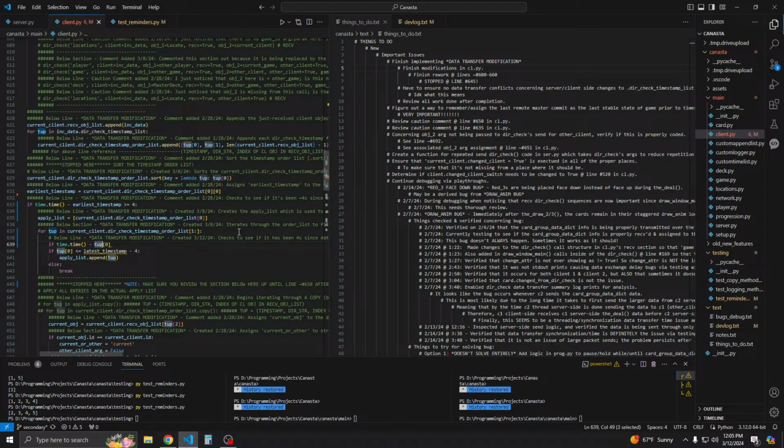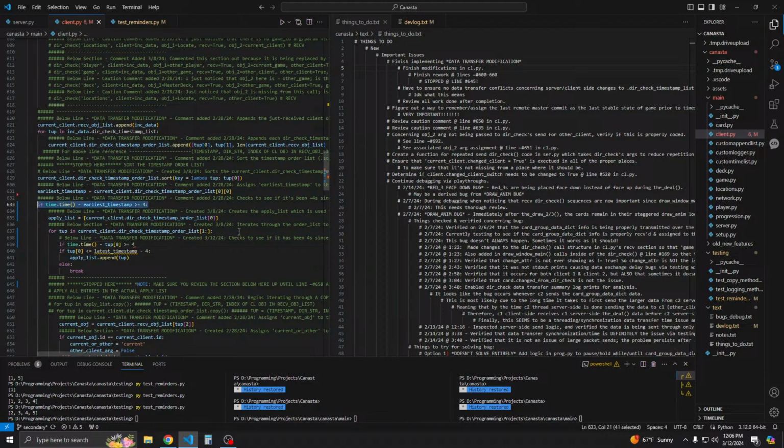We want tuple 0, but is this in the correct spot? So if now, which is later, is minus, so if a greater number now minus an earlier number is greater than or equal to 4, so it's pretty much the same exact thing as this, then